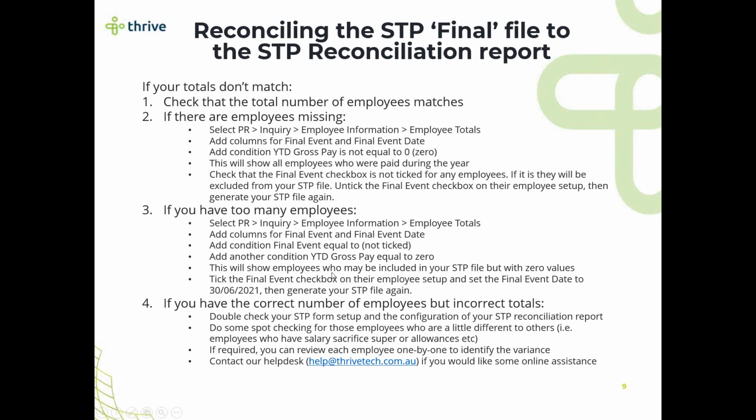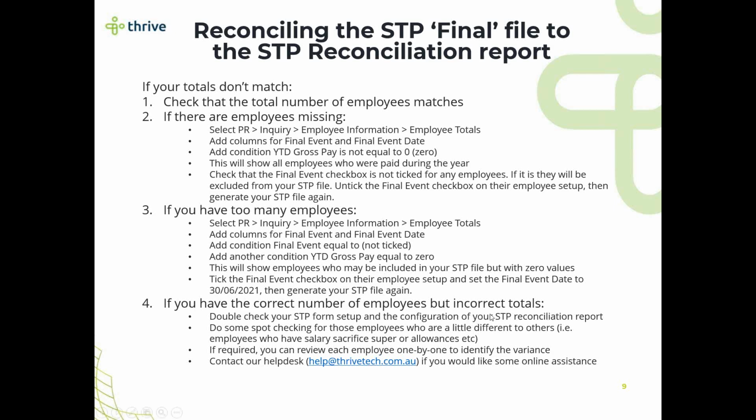So what you can do with those ones, if you want to just exclude them out of the file, because they've got no earnings at all for the year, is you can actually tick the final event checkbox and set the date to 30 June 2021, so the last day of the previous fiscal year. That way they'll get excluded from the file, and you don't need to worry about them muddling up the numbers of employees. So you can do your reconciliation, know you've got the right number of employees, and in this fourth case, you've